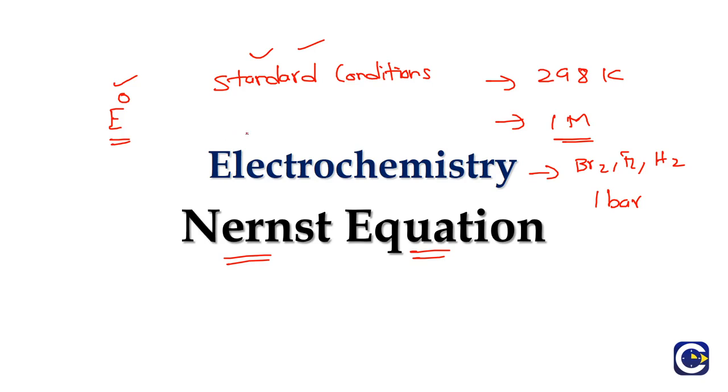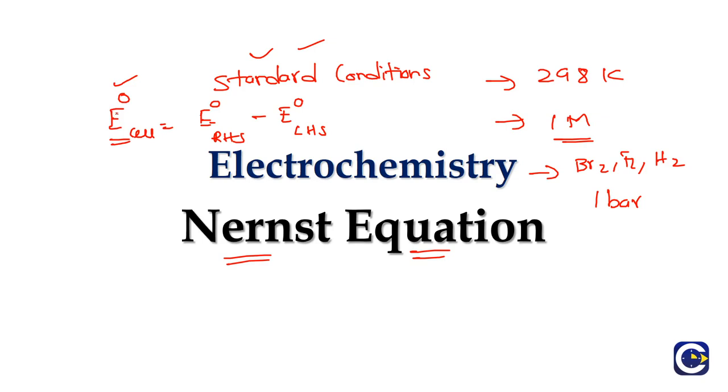So we finished the discussion, and even for a cell, the E naught value of the cell will be equal to the E naught value of the RHS, because RHS will always be the cathode, minus the E naught value of the LHS. LHS will be the anode. So if you have not covered that video, please do take a look at it before watching this, because it's a continuation video.